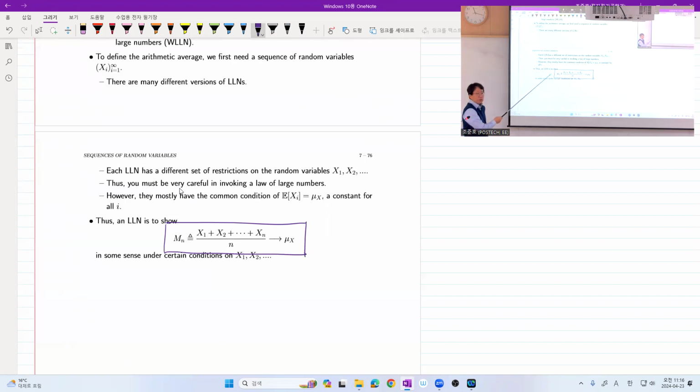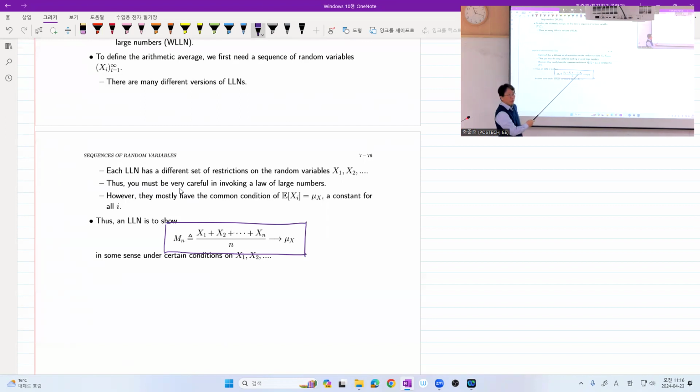Law of large numbers is about what? You construct a sequence of random variables where each term of the sequence is what? The arithmetic mean, simple arithmetic mean. What is that? Sum of n random variables divided by n. Of course, in order